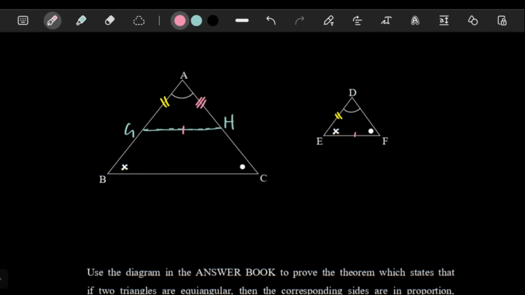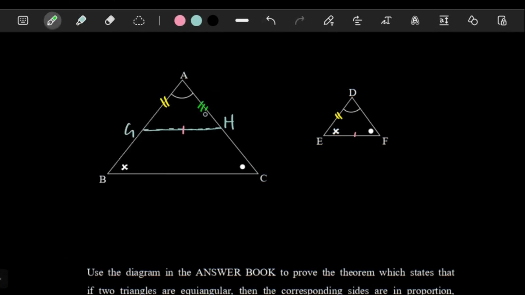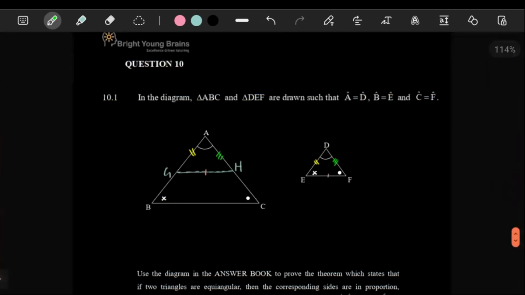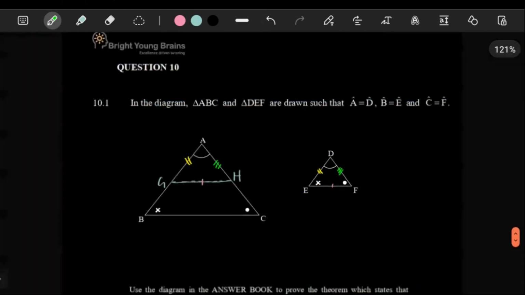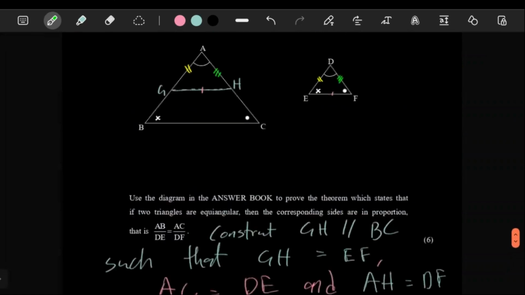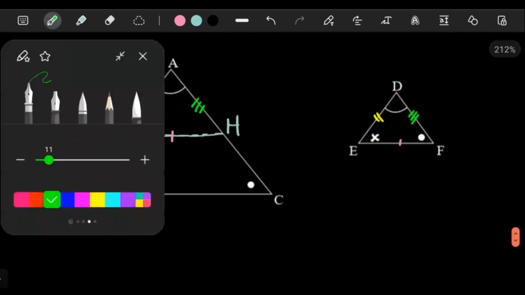So all this being done, let me use a different color. So all this being done, 1, 2, 3, 1, 2, 3. All this being done, you need to be careful now. The reason why you need to be careful is because of the following. You need to be careful. So with this being done, now you can just work with this sketch, because the way this sketch is laid out, you can basically state that